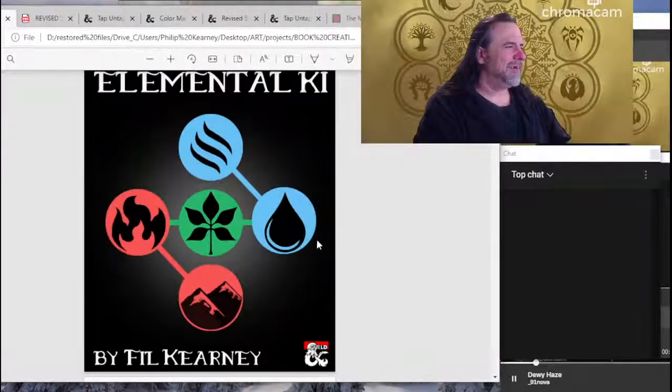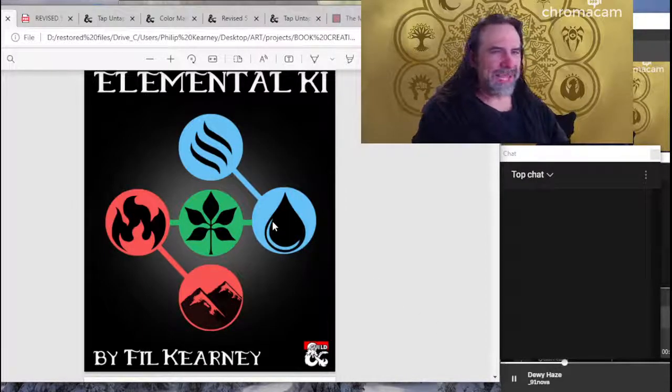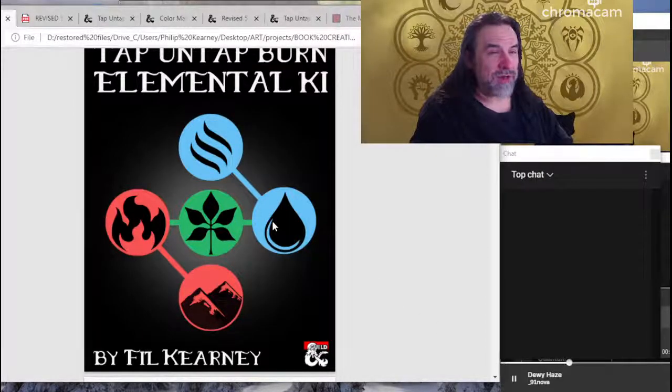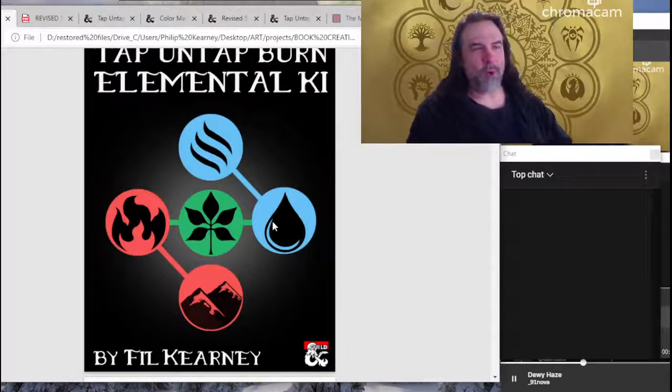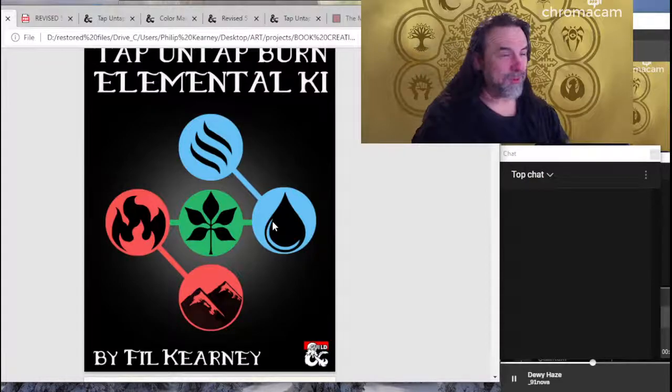The cover here has 5 symbols on it because we're blending the 3 colors of magic, with fire and red using the same mana symbol. Water and blue use the same water symbol. If you're familiar with Magic the Gathering, you know that those icons use fire and water as the representation for red and blue respectively. So this is kind of a pun. Thanks for taking that trip with me.